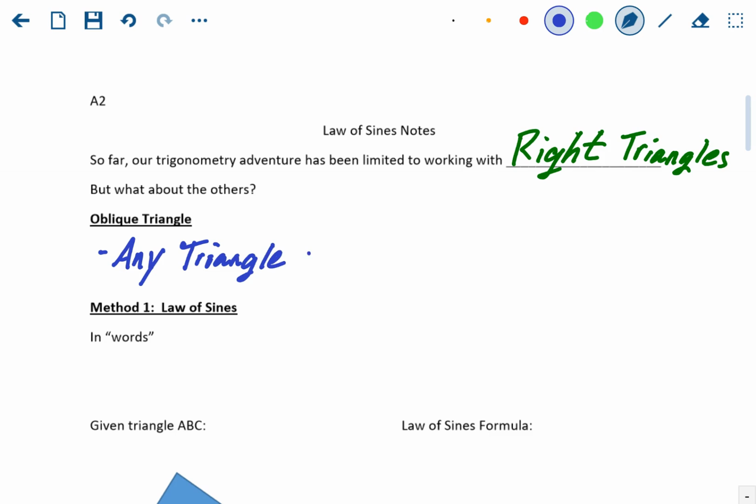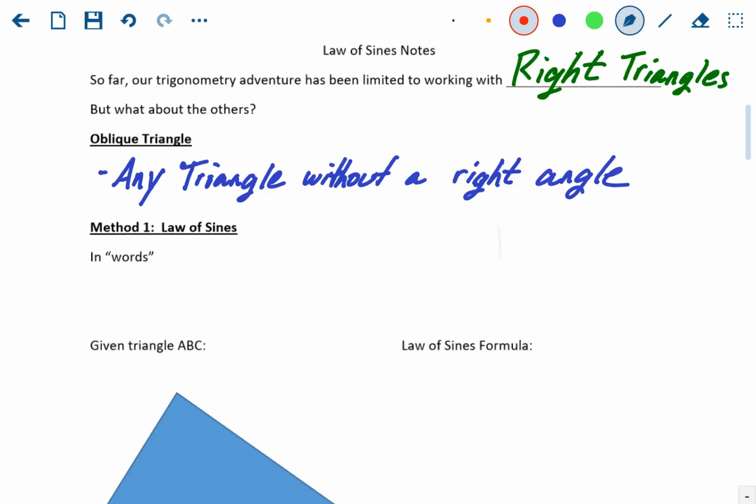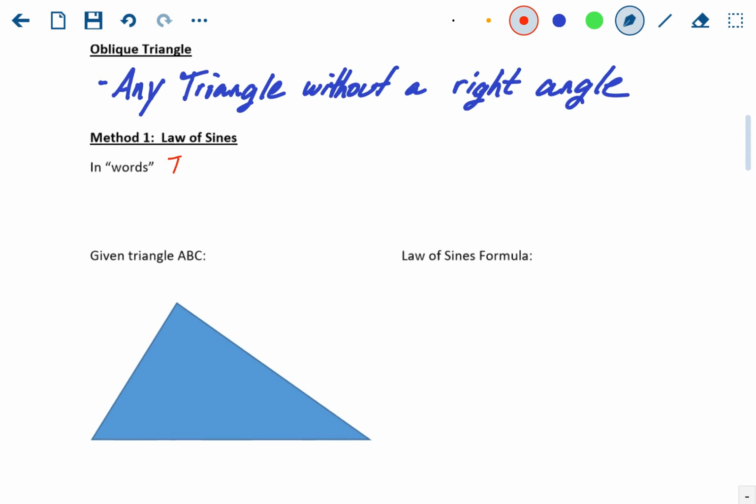An oblique triangle is basically any triangle without a right angle. Okay, so we're going to be working with ones that don't have that little box. So before we needed that right angle, that 90-degree angle, now we don't need it. Okay, so what the law of sines states, the law of sines helps us solve triangles that aren't right. Law of sines states that the ratio of the sine of an angle to the side opposite is constant in